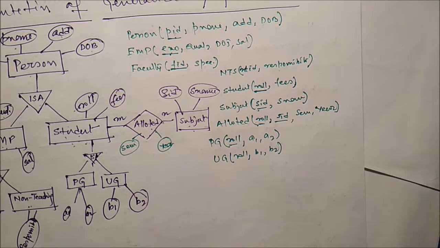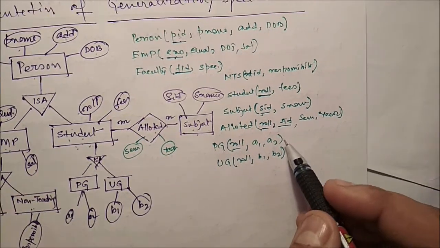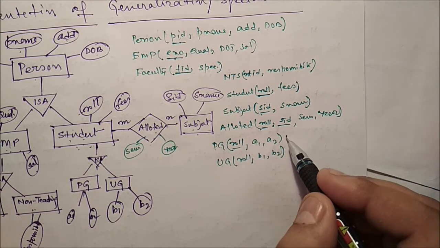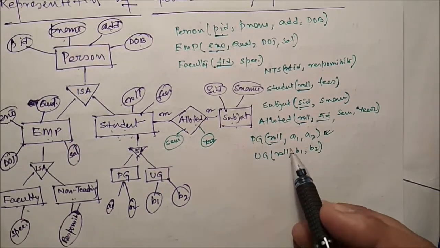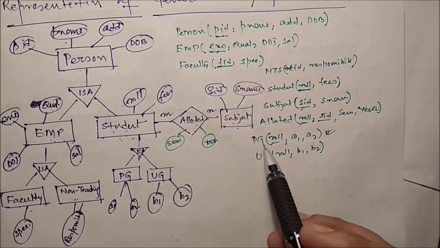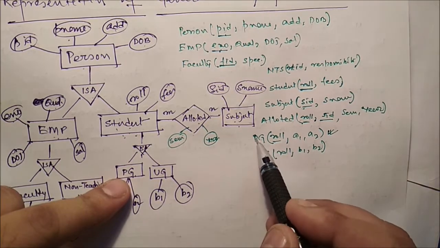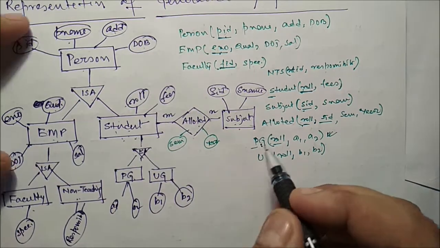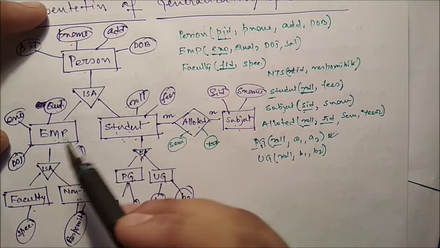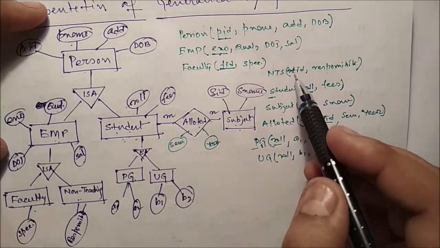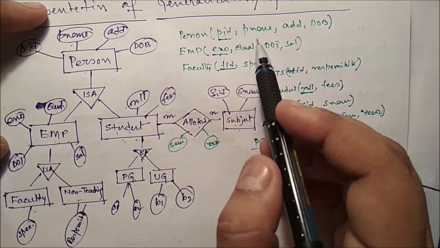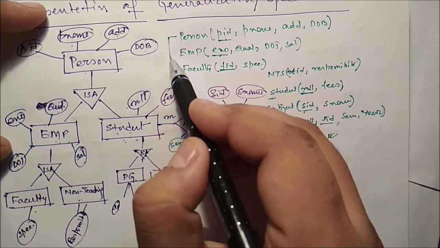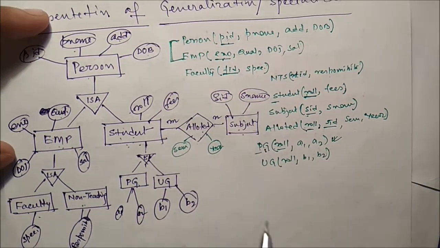Are you getting this one? Now suppose we need to know the phone number, address, date of birth and name of this particular UG student. How to get this? We have to merge UG with the student, and student with the person. Similarly, suppose we need the name, address, qualification and date of joining of this employee. Here we have to merge these two tables. We have to apply a join operation in between these two tables.